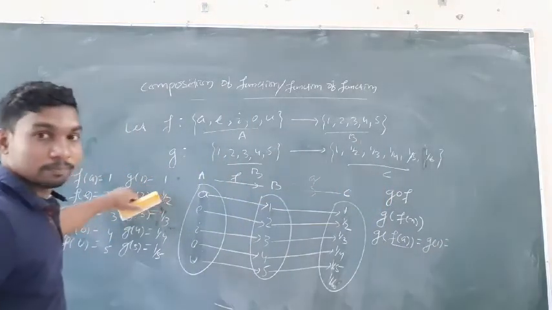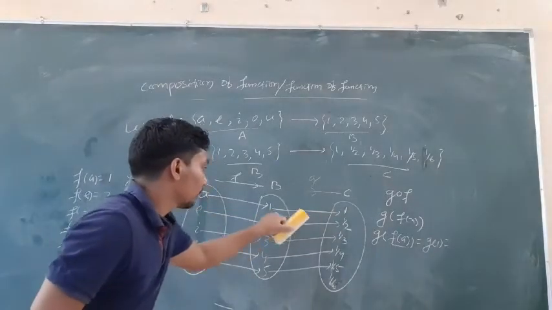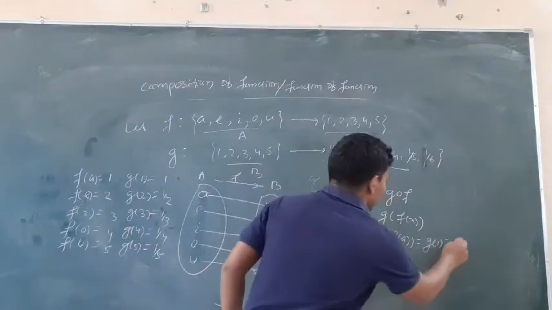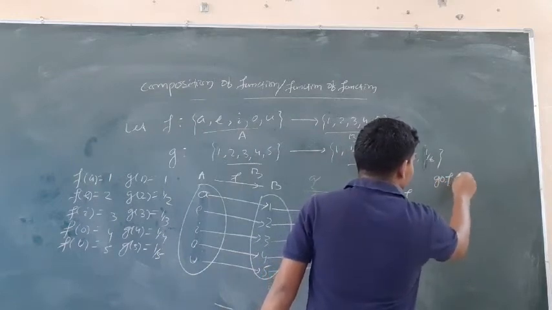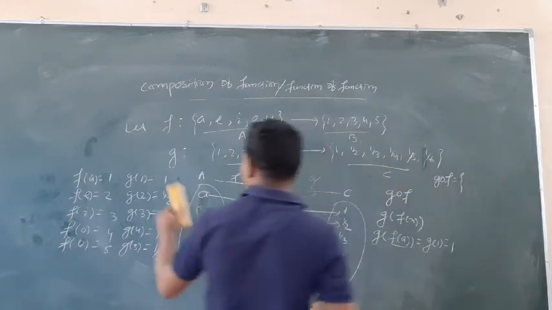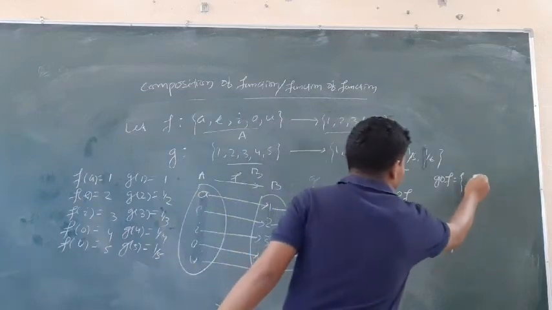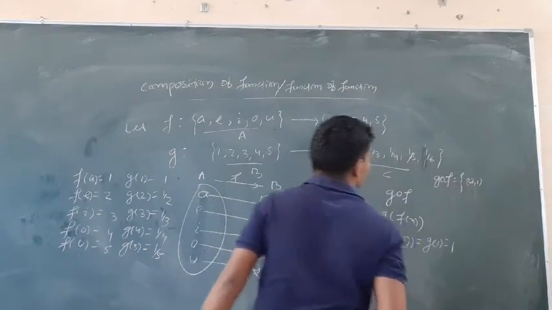Here g of 1 is 1. Now what will the ordered pair be? The graph ordered pair will be a and 1. Similarly,